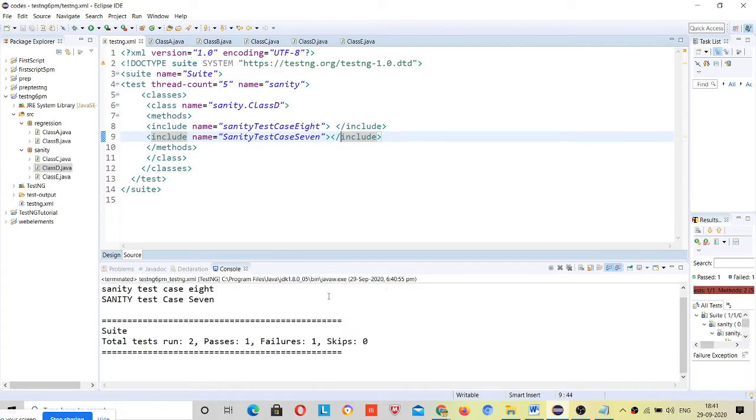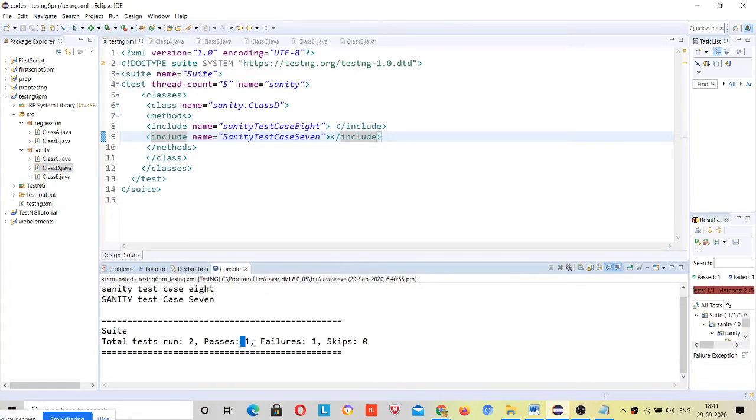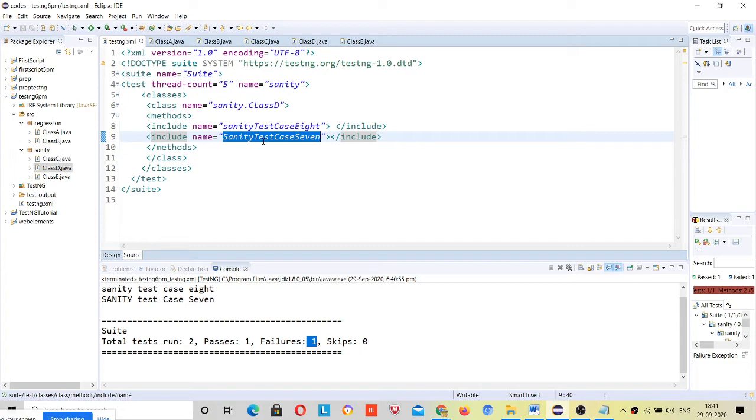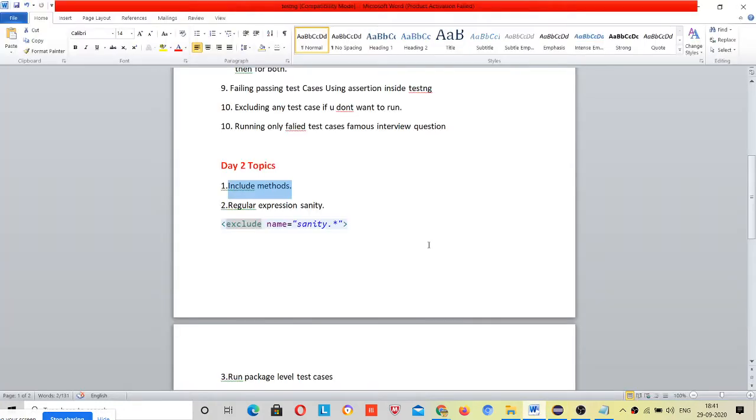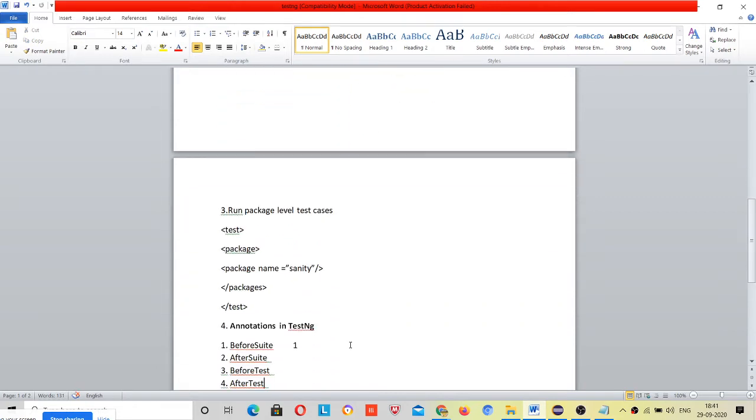You can see two test cases ran, one passed, one failed because we had written a failing test case. So this way we can use the include, and exclude we already covered yesterday, right? So let's come to this part first.